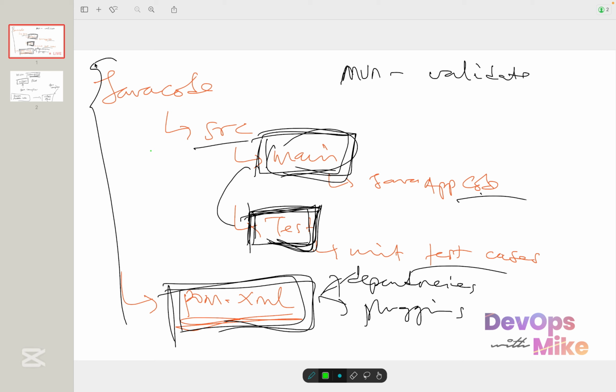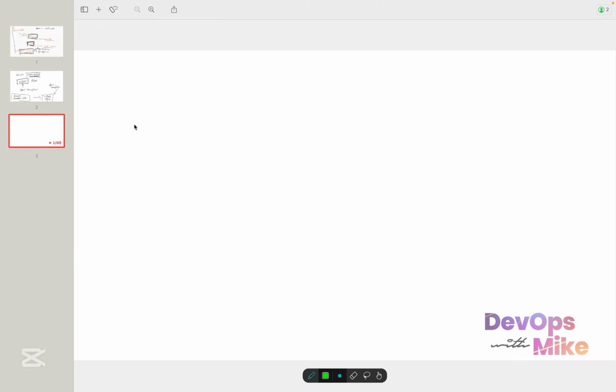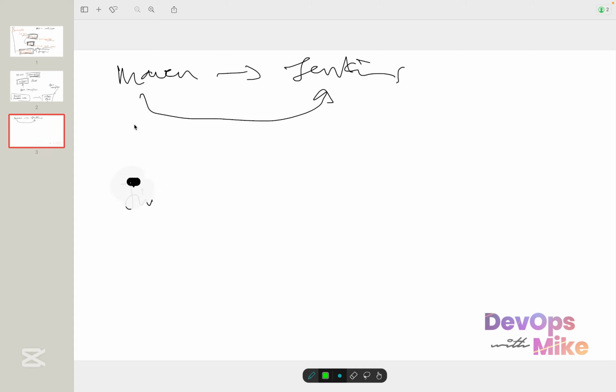Now, how does this help you as a DevOps engineer? Immediately, you are building a CI/CD pipeline. Remember, we mentioned that we can integrate Maven with Jenkins. What this means is you can run all these Maven commands through a Jenkins pipeline. Now, if you have set up a Jenkins pipeline so that you have Maven as a build tool for your Java app,